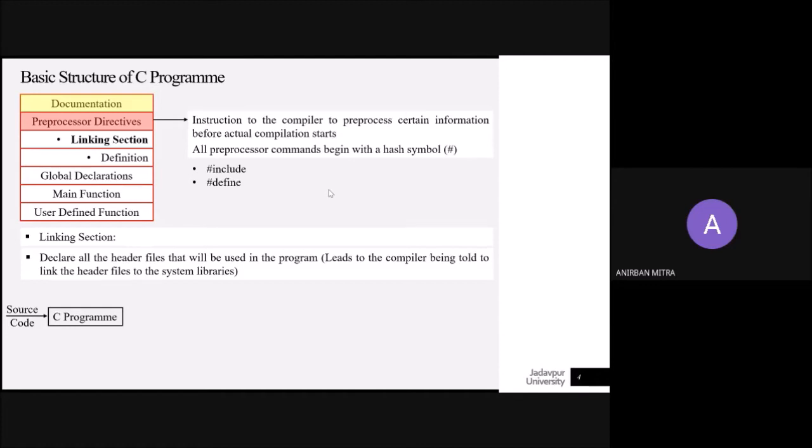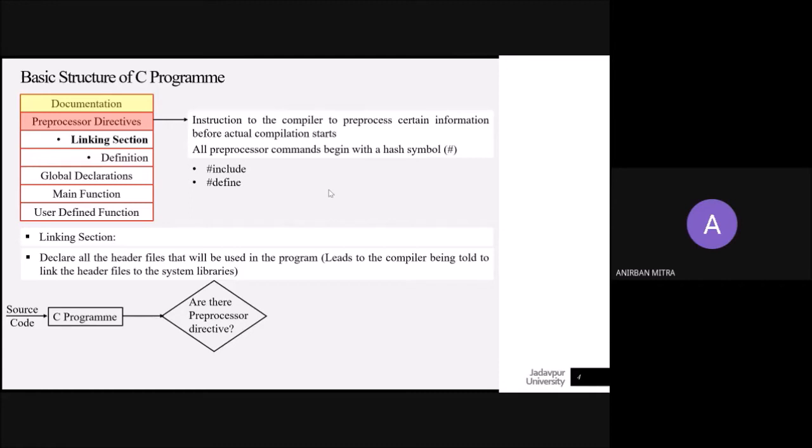So you have a source code, which is a C program. In this C program, the first thing that the compiler would do is check whether there are preprocessor directives. These segments are executed sequentially. So it starts with the documentation section. As soon as the compiler comes across the comments, it will ignore those comments. Then it will look for header files or the linking section.